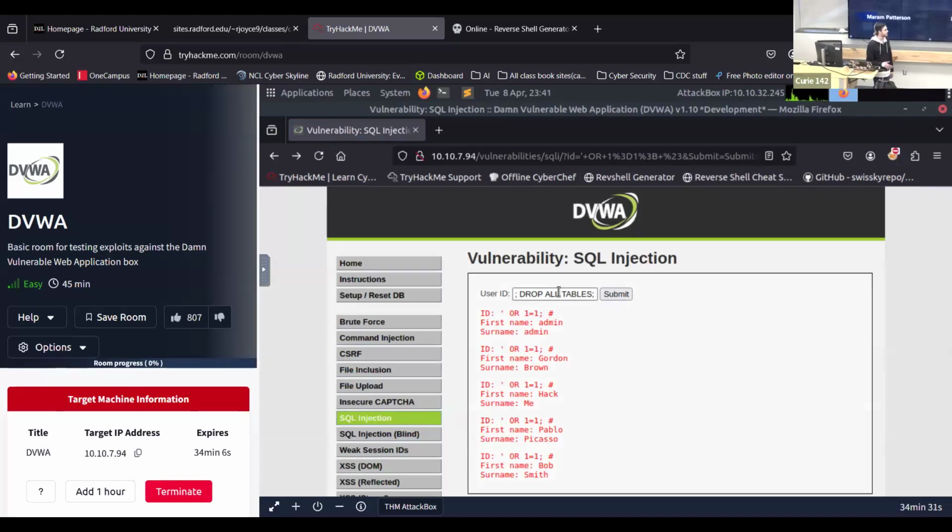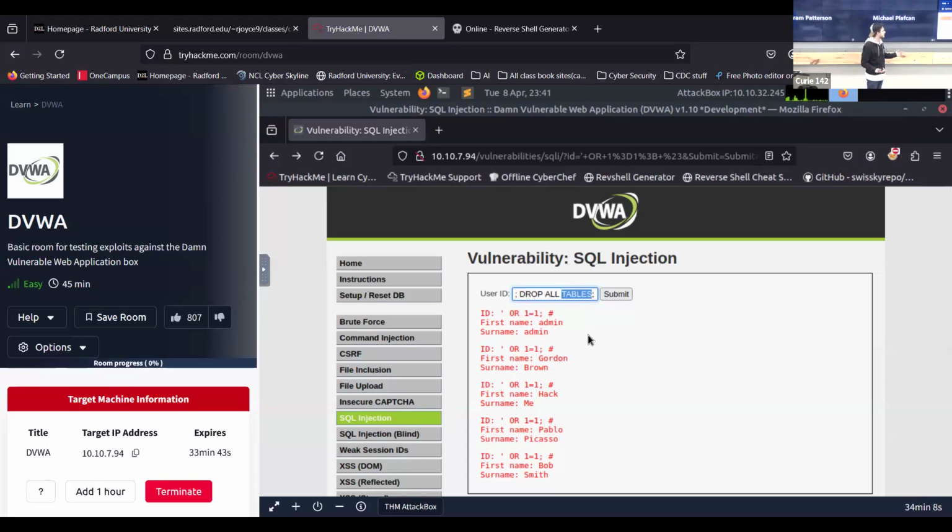But you could drop all their tables, delete their entire database, start modifying their database, change people's password hashes. I don't think you're going to be able to really change their exact password, but you can change the hash to the password if you know what the hash is, access their accounts and just issue all sorts of instructions to their databases. And then also, like I said before,